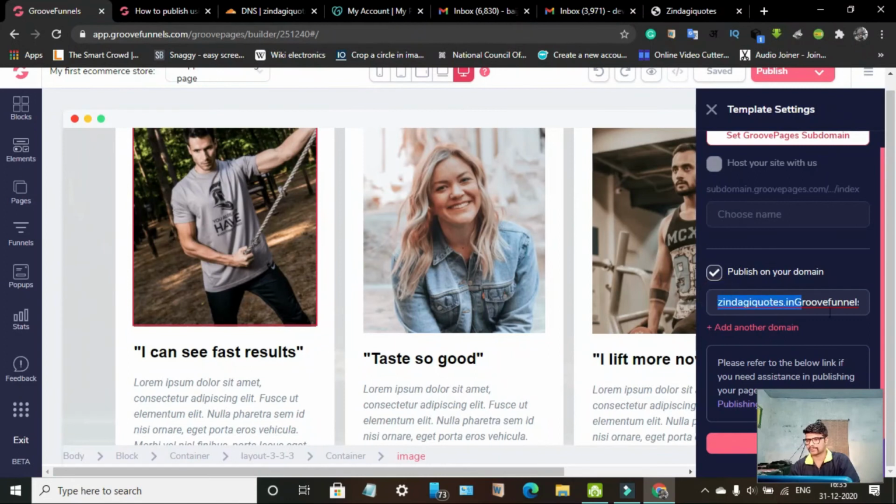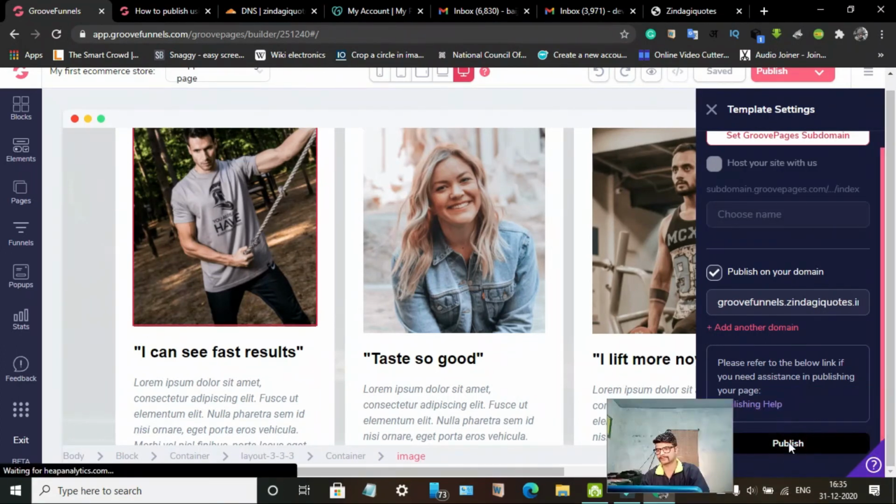Let's change this address, for which we have just added the record, and click publish.